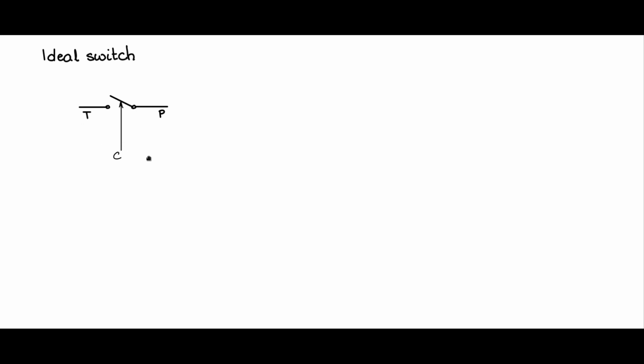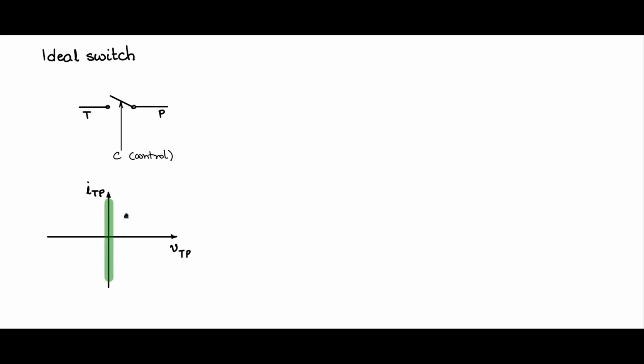Now consider it is an ideal switch. Now what is the IV characteristic of an ideal switch? What is the IV static characteristic of an ideal switch? So let us draw the IV characteristic. The X-axis is the voltage axis, voltage across the switch, which is VTP, and current through throw and pole, that is